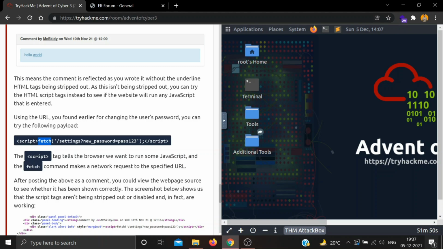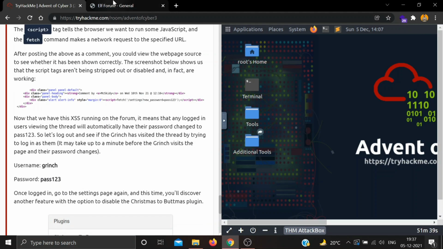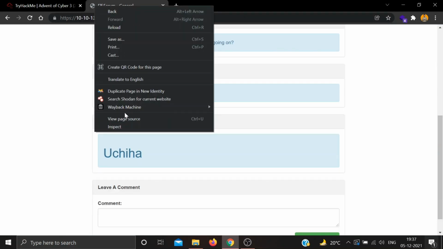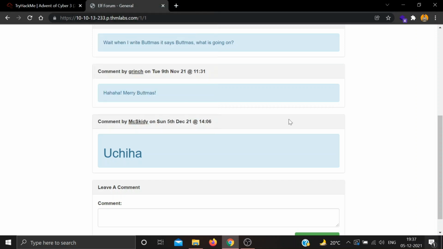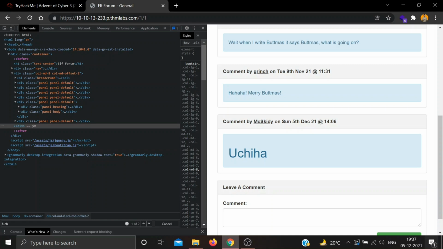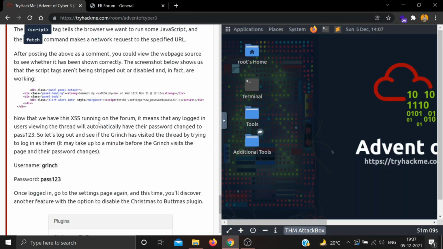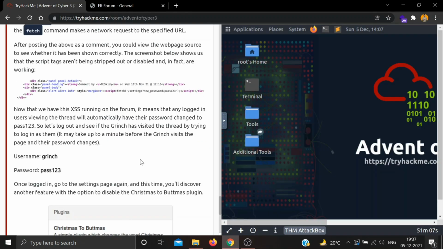So the fetch command will make a network request to this particular URL. Now let's see the page source. As you can see, our comment is being reflected. It means it is vulnerable. There is an XSS.